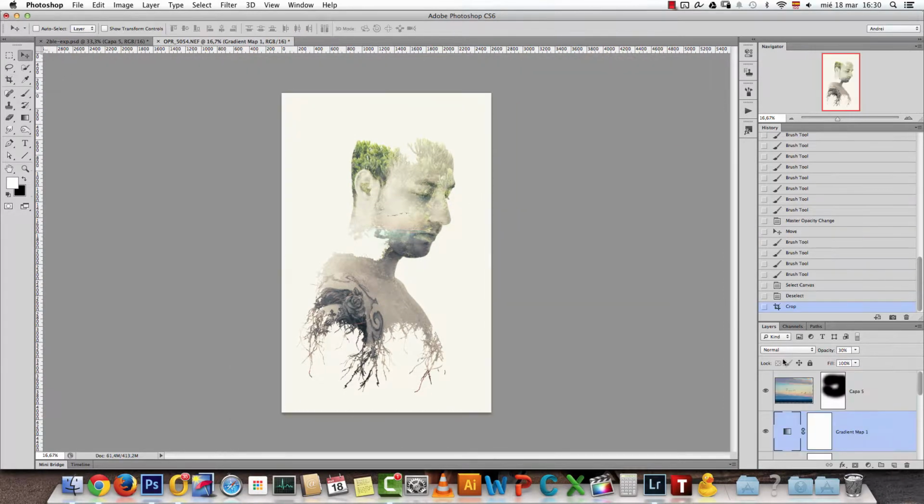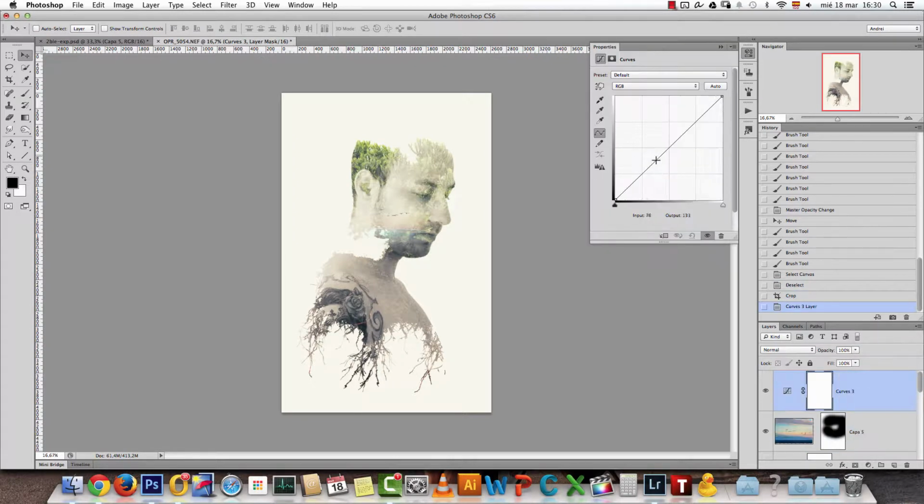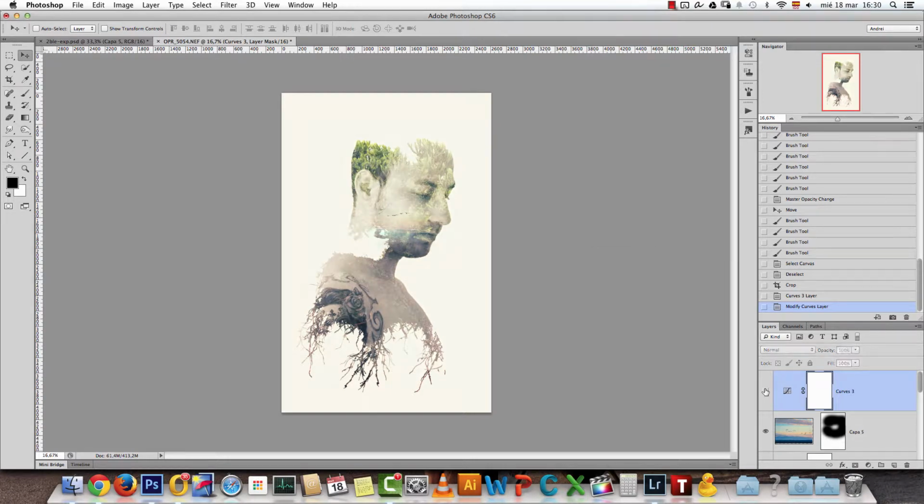And what I will do is add, let's try some curves just to make this slightly darker, especially here on the low mid tones, on the dark highlights. And then let's try some split tone effects like so, maybe some red. As for the shadows, I pretty much like it like that.